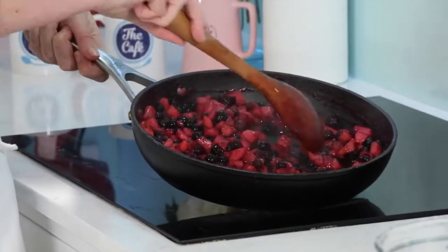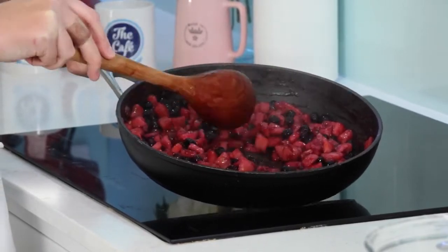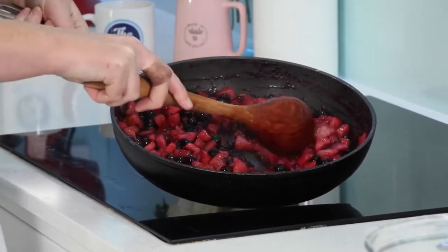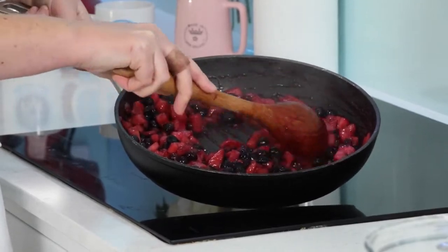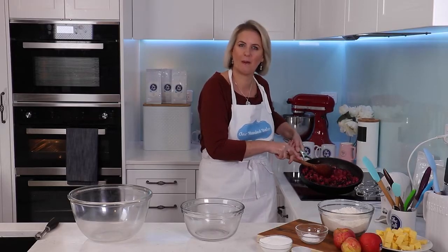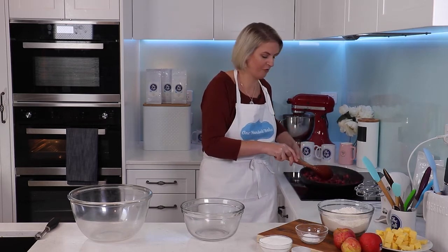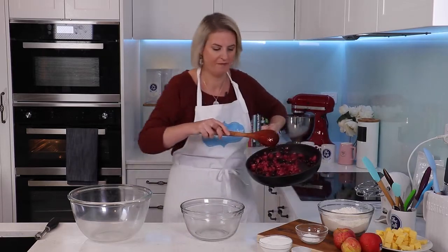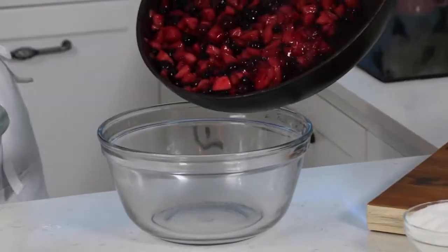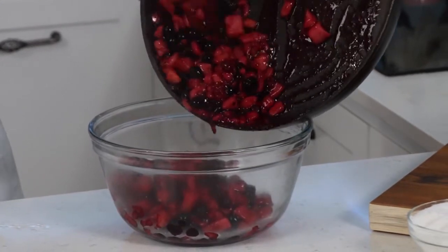To mention earlier, include half a cup of apple juice to help them cook down. You could just use water if you like. I find that apple juice just intensifies that apple flavour. Also, I've got a thickened sauce with corn flour and some reserved blueberry juice from frozen blueberries and 2 cups of blueberries. That has softened up and cooked nicely. I'm just going to pour it into a bowl here and leave it to cool down